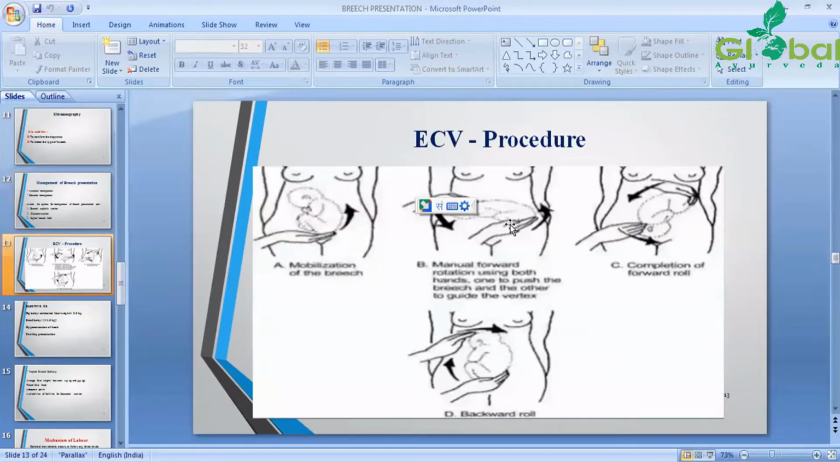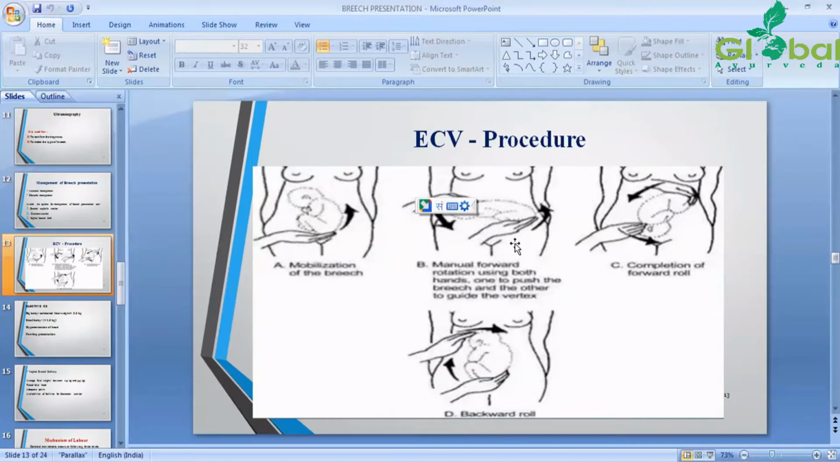First of all, external cephalic version. This procedure is commonly done after 36 weeks. First of all, we should mobilize the breech as shown in the figure A. Then we should do manual forward rotation using both hands, one to push the breech and the other to guide the